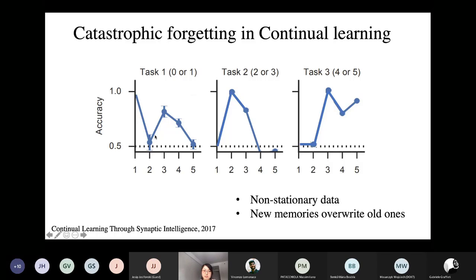This means the model forgets the first task. Similarly, the model has high accuracy on the second task, but it becomes very low when it's trained on the third task. This is because the data is not stationary, and the new memory overrides the old ones.